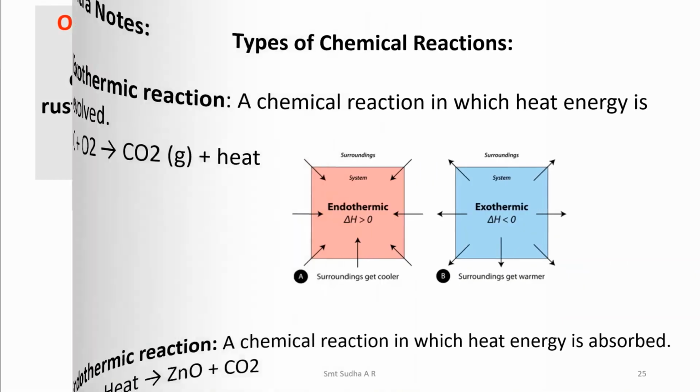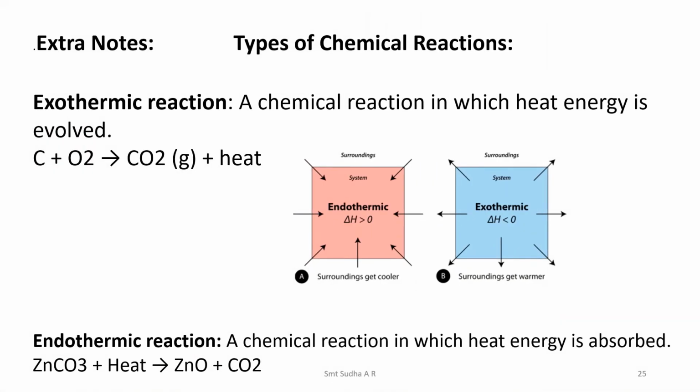So let us discuss some other types of chemical reactions that you have to know. Already you know about these things, but you have to recall them. Let us recall those chemical reactions, exothermic and endothermic reactions. The word Exo itself says that heat energy is evolved, that means it liberates energy. Reactions where the liberation or production of heat takes place are called exothermic.